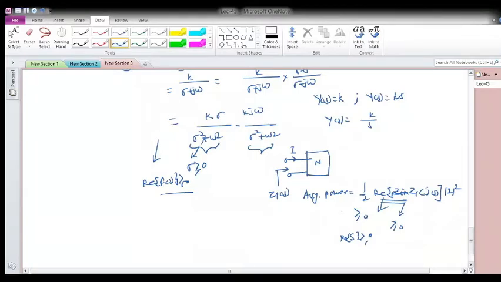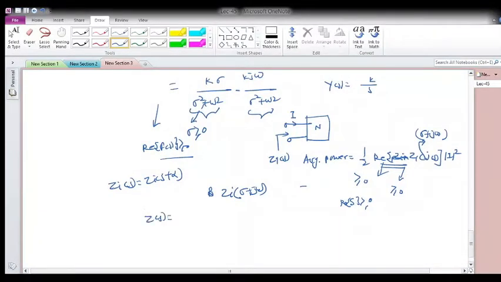So this is not Z1(s) but Z1(sigma plus j omega), the real part of Z1(sigma plus j omega). Also we can conclude that if Z1(s) is a PRF, then Z1(s plus alpha) will also be PRF. For example, if I have an RL circuit, its driving point impedance is